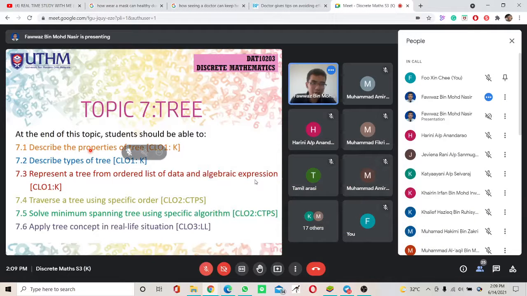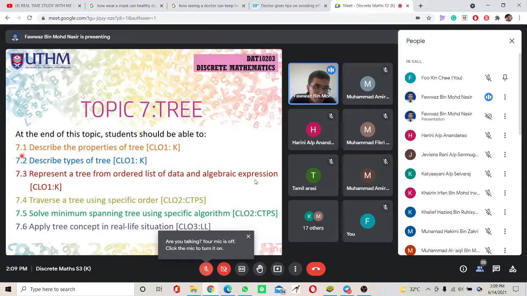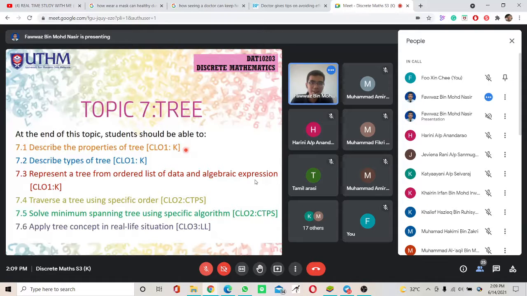By Discrete. Okay, so basically subtopic 1, we should be able to describe the properties of tree. Okay, so basically you'll find out later on tree ni actually dia sebenarnya dia adalah graph juga, okay, tapi dia ada special karakteristik yang membuatkan satu-satu graph tu kita boleh categorize dia